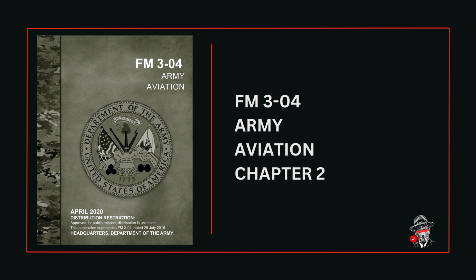Typically, the smallest element Army Aviation detaches is a company-sized element, with the exception of air ambulance units, which typically operate at the platoon level. However, elements as small as platoons, teams, and even individual aircraft may be cross-attached from one aviation formation to another. Command relationships specify superior and subordinate headquarters responsibilities. The type of command relationship selected corresponds to the duration of the mission, and it serves to clarify duties of